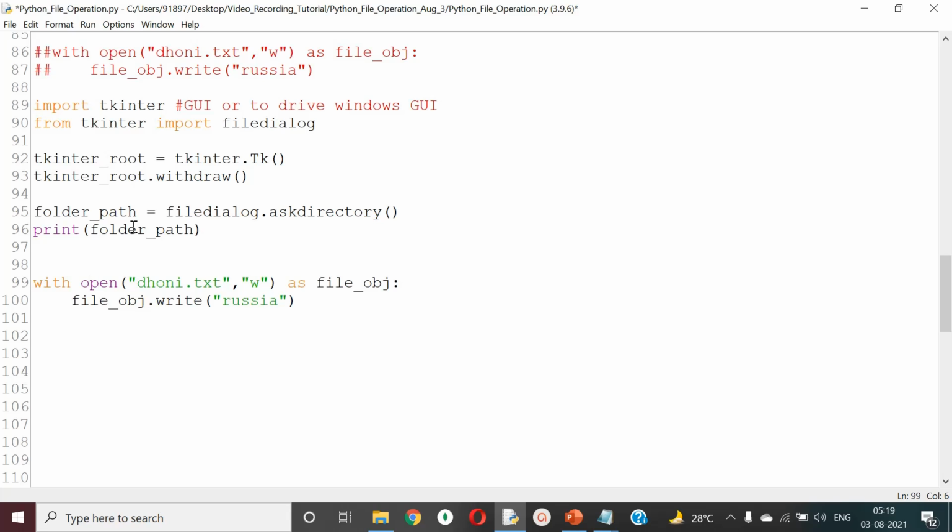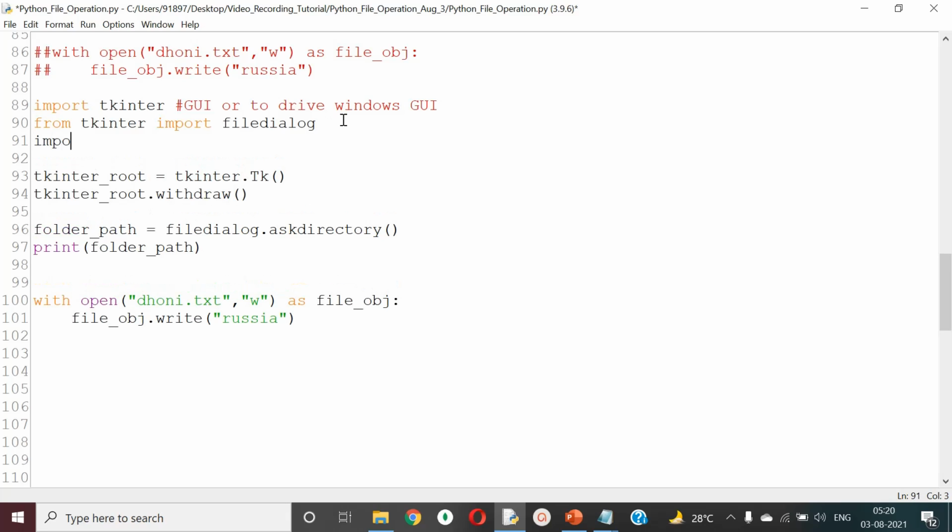You can merge this kind of a folder with the file manually, just by putting a single line of code, but that will end up in a lot of issues and problems. So what you have to do is use a special library that is available in Python. What was that? Import os.